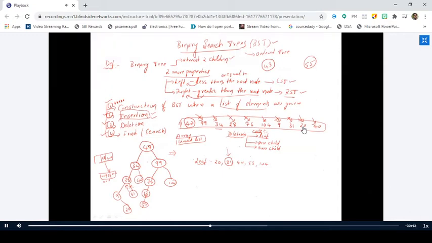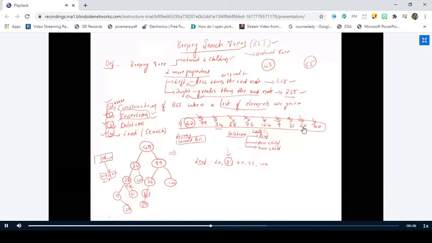Is it right or not? 28 and 31 are linked like this. Yes, sir. Right. So whenever I identify that 31 is the leaf node, I should go to its parent, that is 28. There I have to make the right pointer point to null. So when I make the right pointer point to null, what happens?